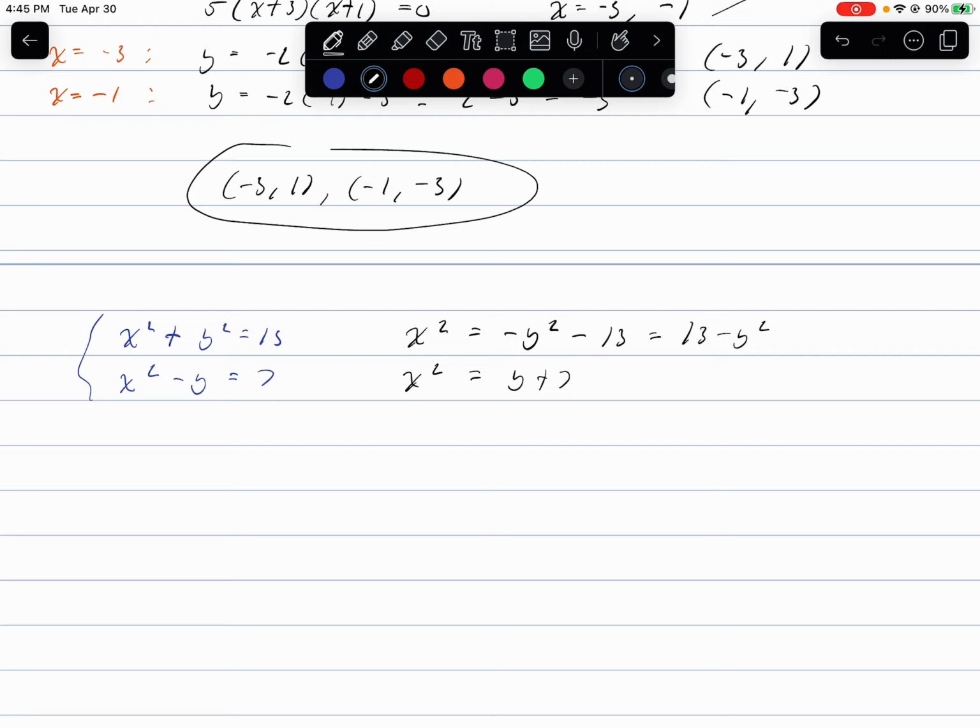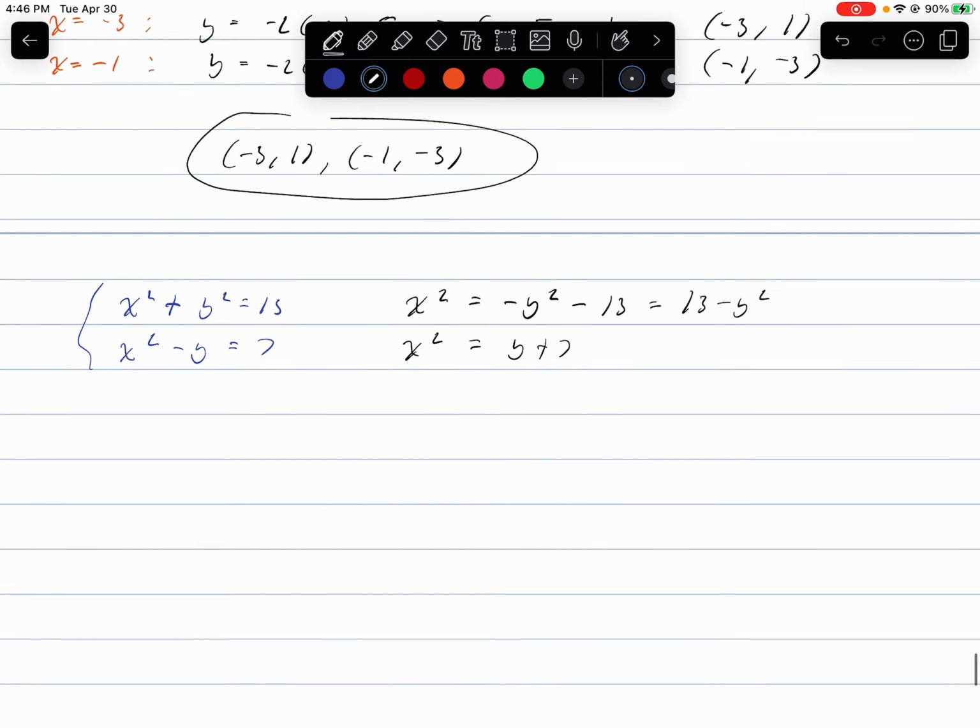Okay. So what we're going to do is replace x squared in the second equation with the equation we have in our first equation. Either one, really. So let's go ahead and replace the x squared in the second equation with the equation we have on our first equation here. Okay, so that's going to give us,